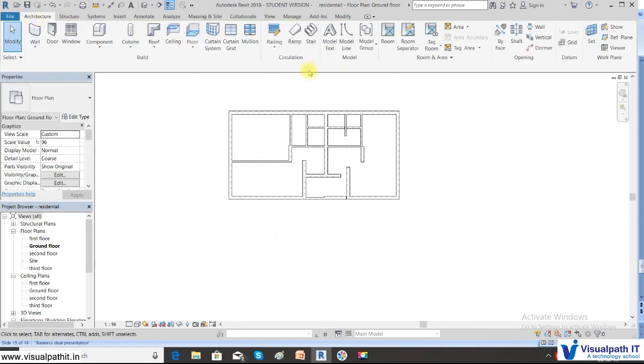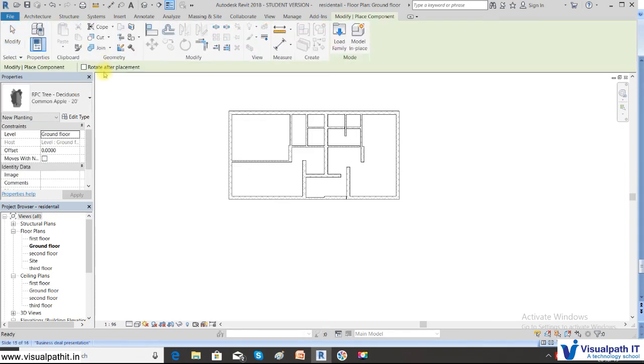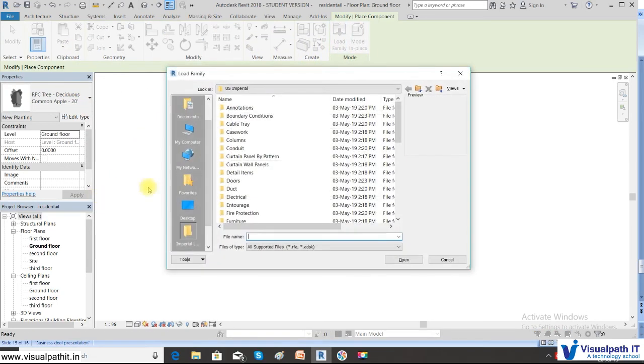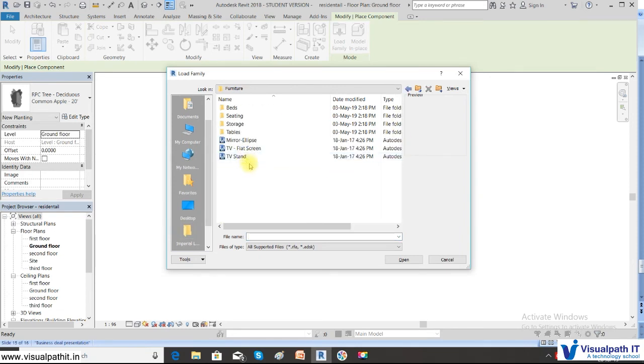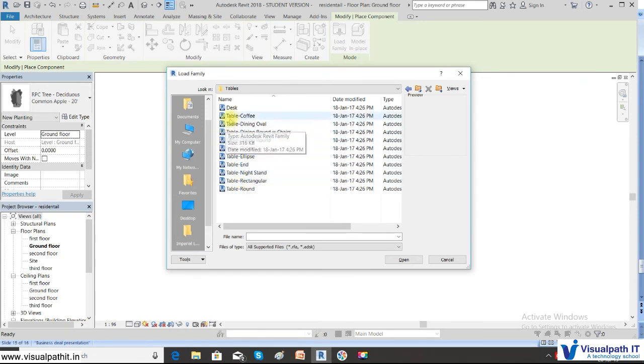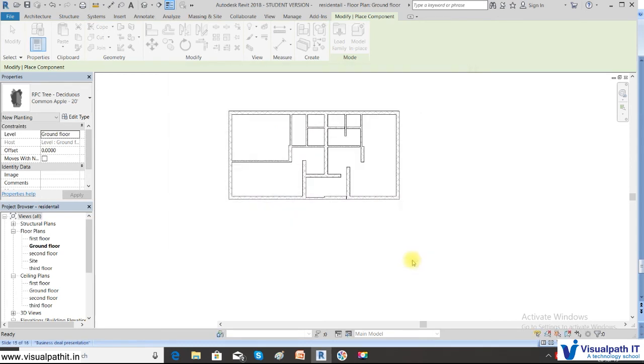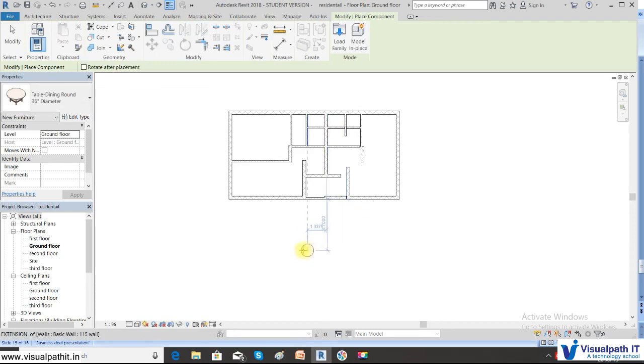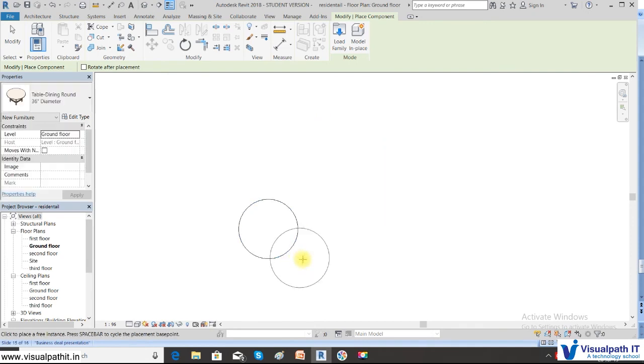So let us place a piece of furniture. This is a round table which I have placed, and the diameter is 36 inches.